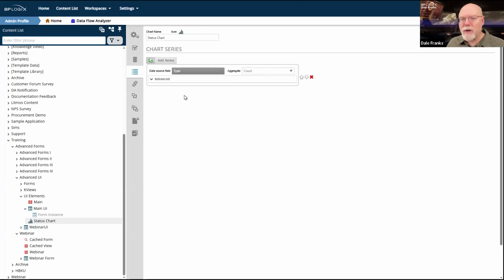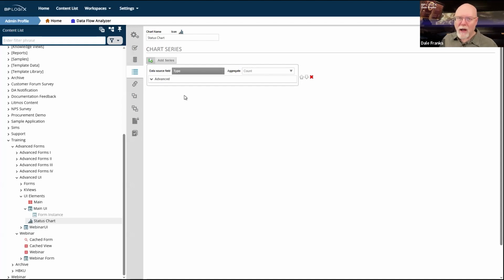So that knowledge view does double duty for me. A, it serves as a task list because I checked the open my tasks as if it were from a task list. And also because I'm only showing actively running forms. So it's obviously only showing my tasks because it's only showing the active ones.